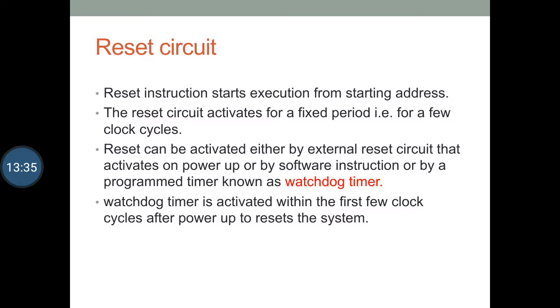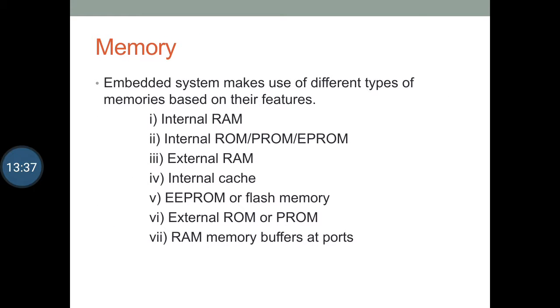Next we will see memory. Embedded system makes use of different types of memories based on their application. These are internal RAM used for registers, temporary data and stack, internal ROM, PROM, EPROM for application program, external RAM for temporary data and stack, internal cache available in case of some microcontroller or microprocessor,